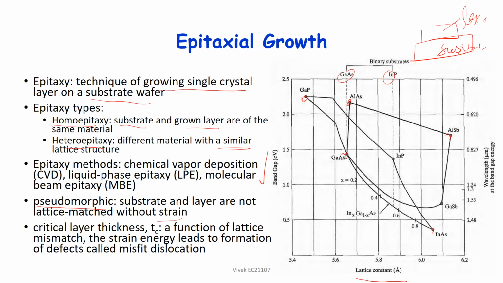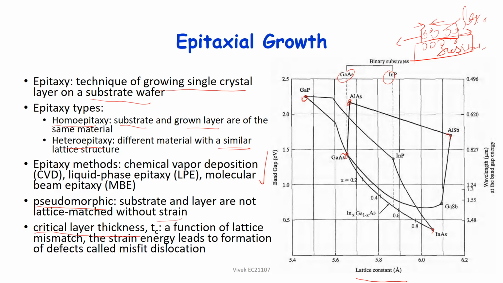But the layer adjusts itself. So when the layer is adjusting itself to the lattice constant of the substrate, obviously there will be strain there. So if the interatomic distance is more in the substrate, then the layer will be stretched, right? So there will be a kind of tensile strain. If the interatomic gap in the substrate is less, then this layer will be compressed. So we call it an in-plane compressively strained layer. So different kinds of strains are there, and they give rise to critical layer thickness.